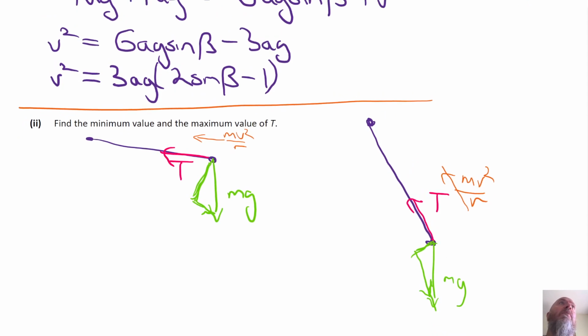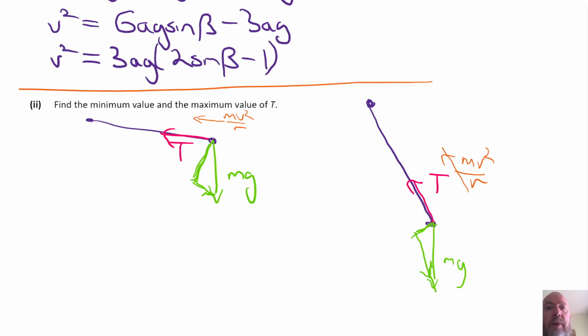So the maximum T is going to be when we've got a big chunk of gravity working against it, and the minimum is when we've got a very small amount of gravity working against it. So my assumption would be the maximum is when the string is vertical,